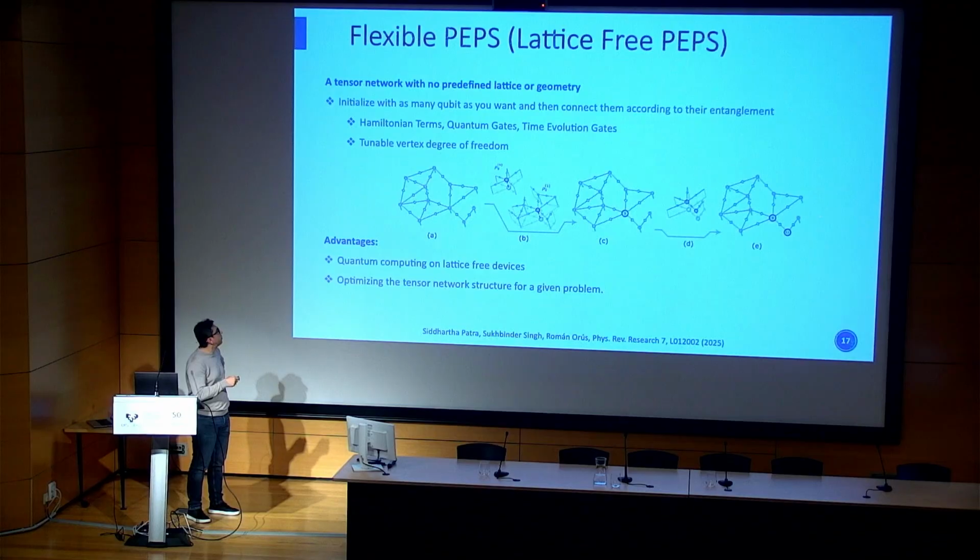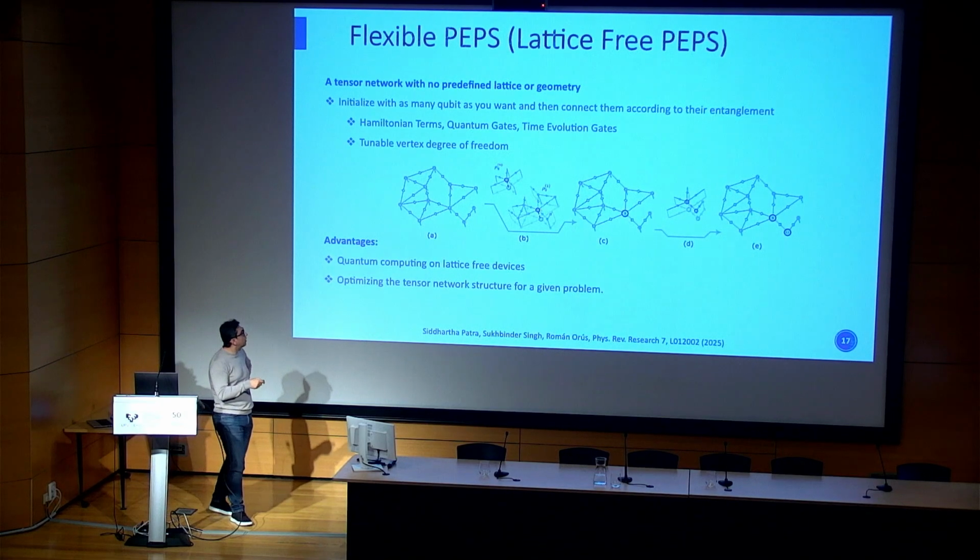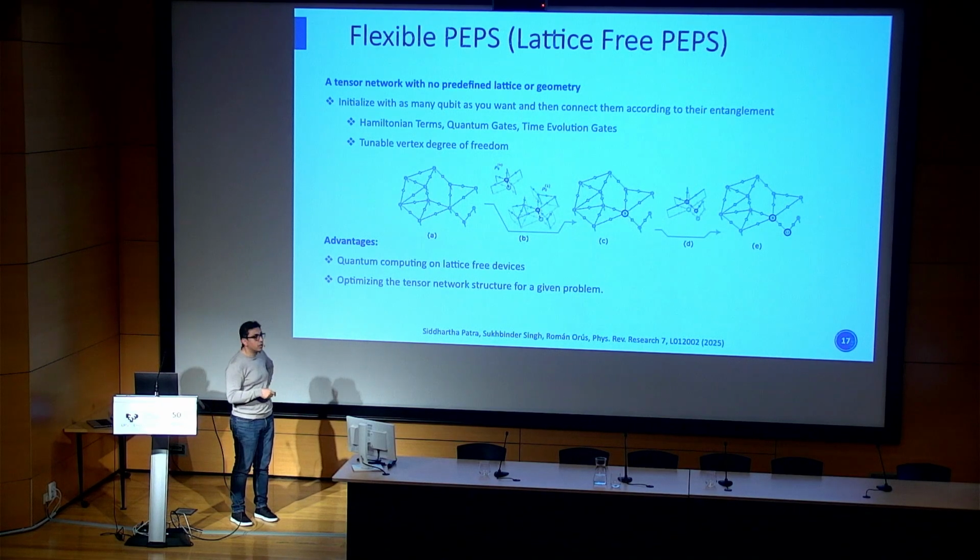What we do is start from some product state, or some tensors here, which have no connection, and then we start to add entanglement between every 2 of them that are connected by a 2-body gate or 2-body Hamiltonian. We let this connection and entanglement grow, and if the entanglement is negligible, we remove this connection. In the end, not only do we obtain the solution to our Hamiltonian, which could be the ground state, we can also optimize the architecture or structure of the graph itself. This also gives us a lot of flexibility to simulate Hamiltonians or quantum or classical cost functions